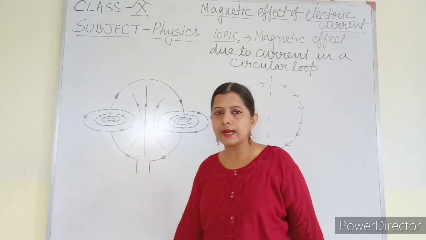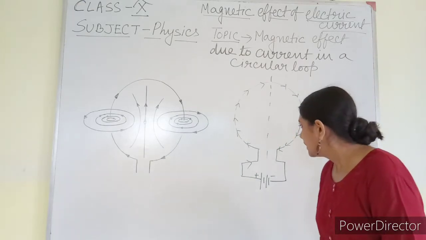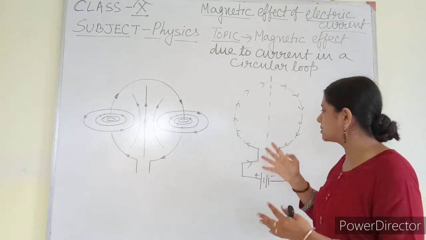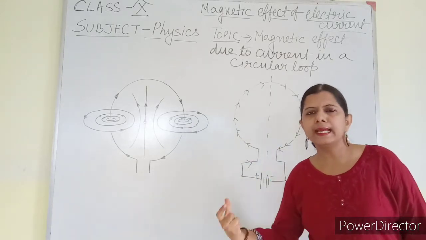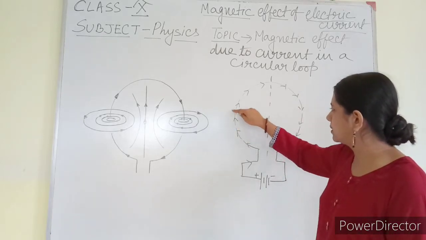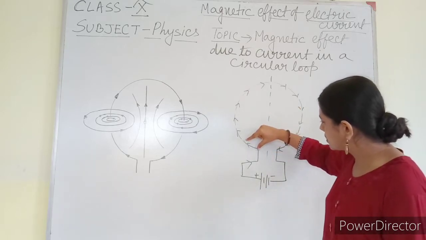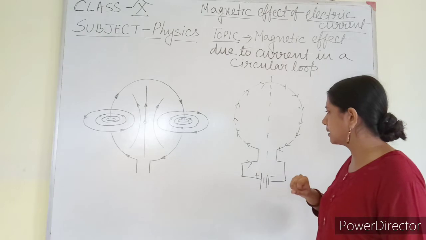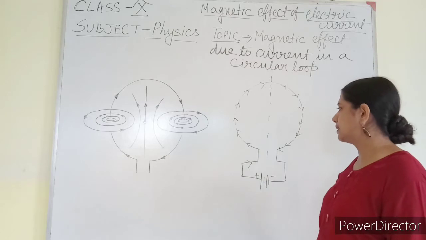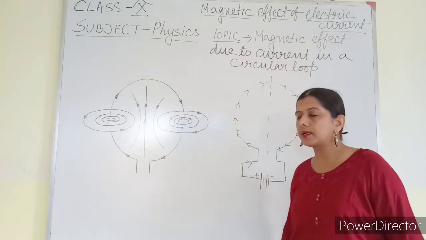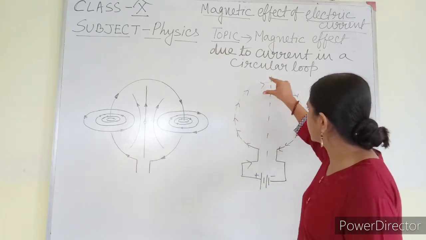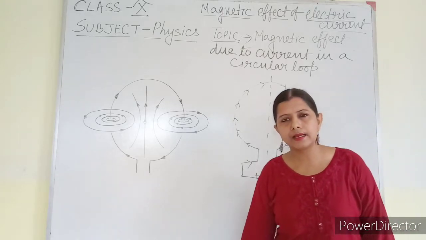To make it understand, I have drawn it in a different way. Here, I have changed the circular loop into finite straight current carrying conductors. Suppose I have made gaps here, so that means small straight current carrying conductors. These are not really gaps, they are joined, but for showing you I have just drawn the gaps. So each portion can be considered as a straight current carrying conductor.